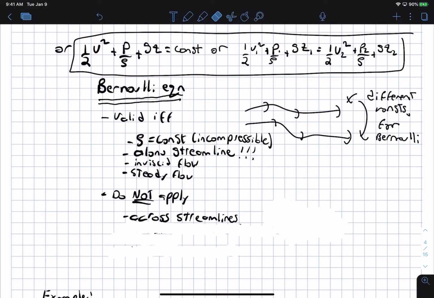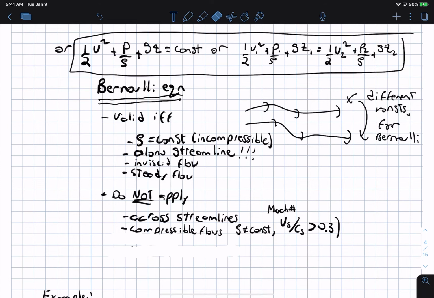So do not apply Bernoulli equation between two different streamlines. It is not applicable for that. And then also, you cannot use it for a compressible flow. That is, if the velocity of the fluid starts to become close to the speed of sound. And so, first of all, that violates the constant density